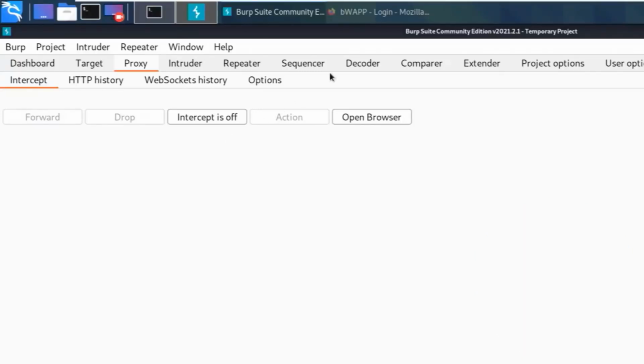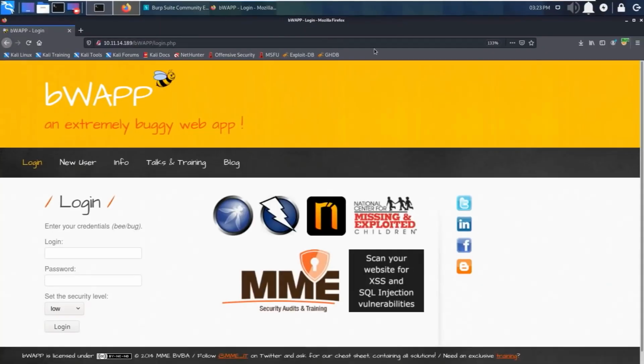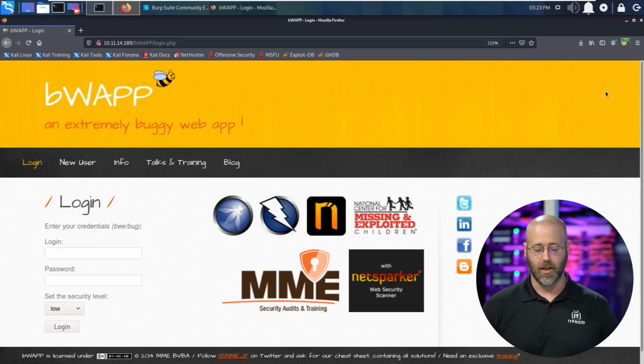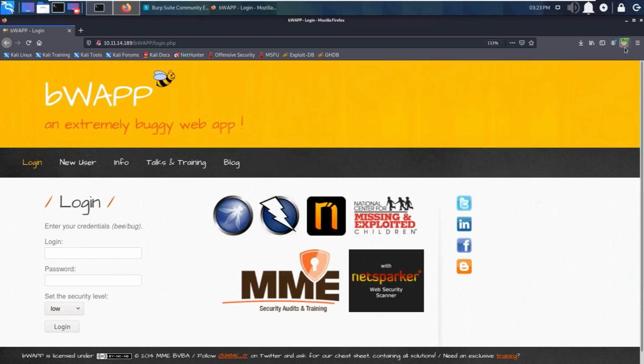So let's go to Foxy Proxy first to show you how I did that. I believe Foxy Proxy is a plugin for both Firefox and Chrome-based browsers. So whatever browser you've got, do a search for Foxy Proxy. It'll probably return with Foxy Proxy add-in for Chrome or Foxy Proxy add-in for Firefox. Click it, hit the install button. It should be good to go. Once you have that installed,